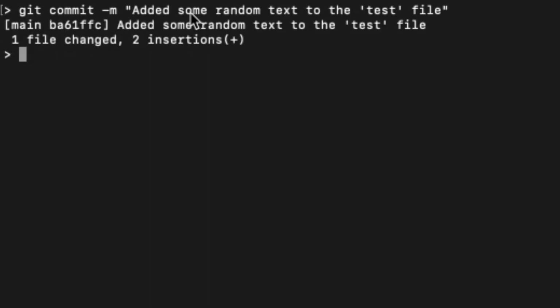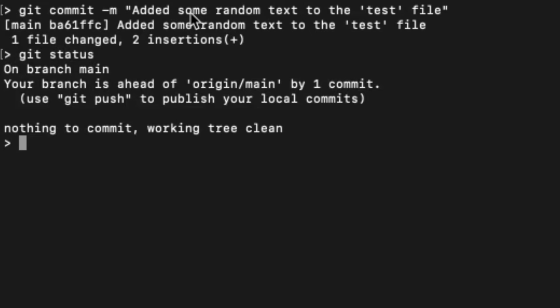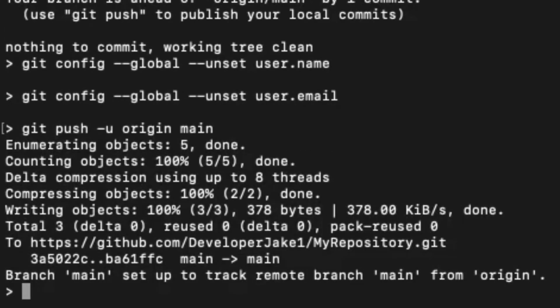Now as you can see, it's been added to the git commit. And if I do git status again, there's nothing in here that's been modified. So next we just have to do git push -u origin main. As you can see, it's already worked first try, but for you guys, it might be asking for your email